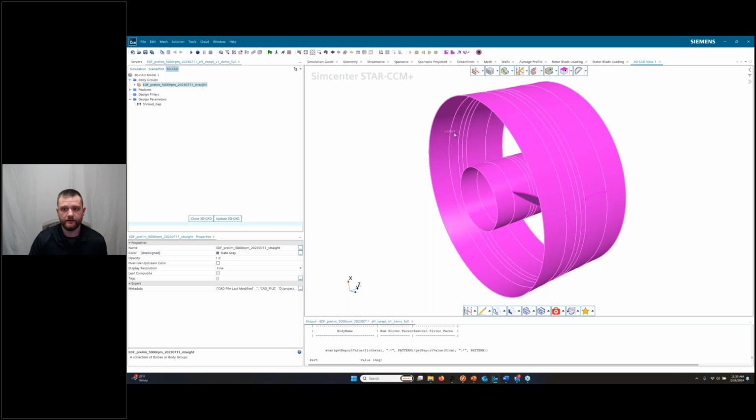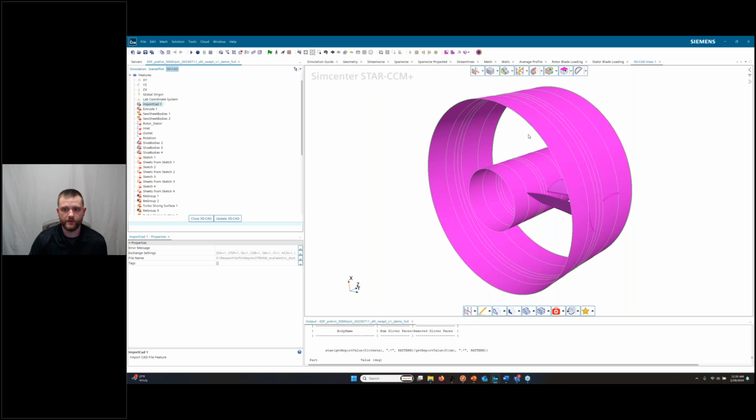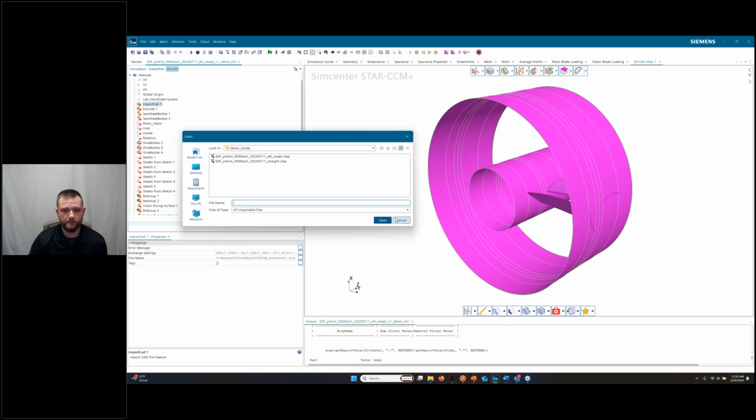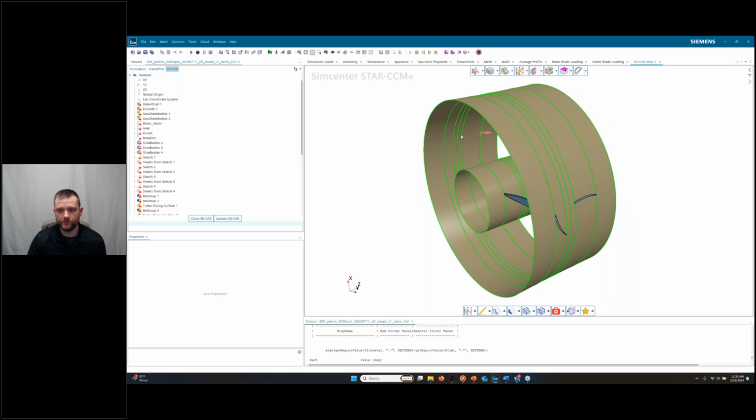So in my CAD, I have this CAD that I've imported here where I just have my hub, my shroud, and my blades. And in my features, we can see here I have this CAD import. What's really nice about the Star CCM CAD environment is that if I have a different variant for this, I can re-import the new variant just by doing an edit and then model re-import. Select the different file. I won't do it now because it would take a couple minutes for it to run through it. But essentially, it'll prompt me to match all of the different geometries and make sure that I'm matching the same blade face on the new imported geometry as the old geometry.